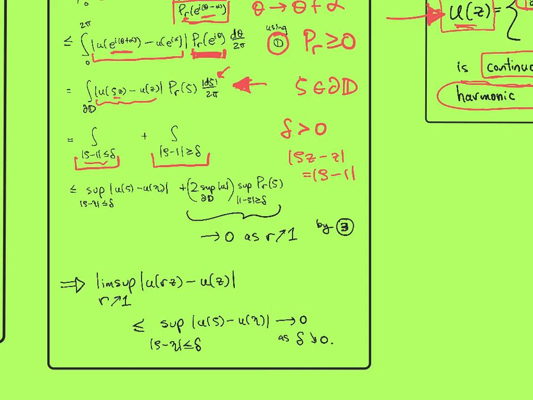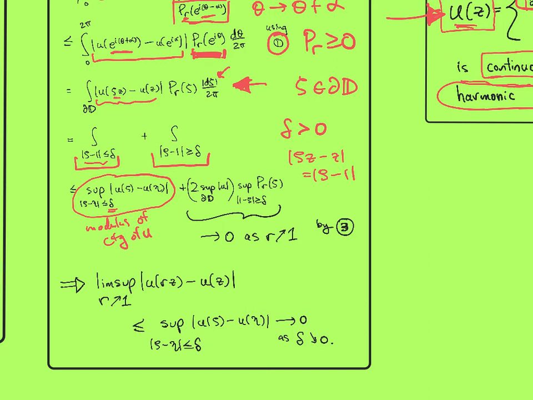And so you can bound the inside just in terms of this quantity here, which is the supremum of the difference of u at 2 points that are within delta of each other. And now this no longer depends on z or r. This is just something called the modulus of continuity of u,